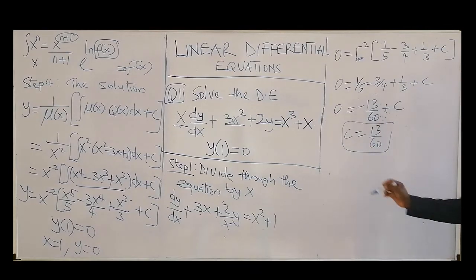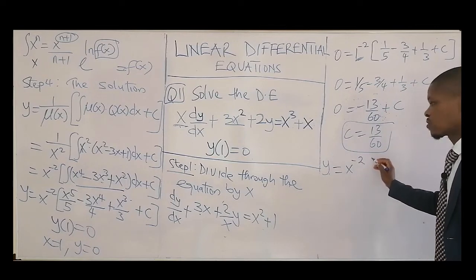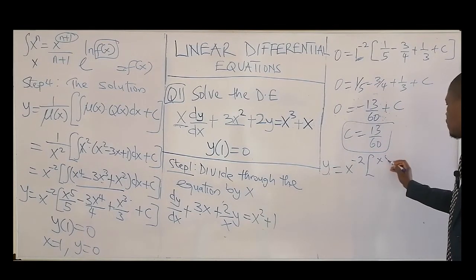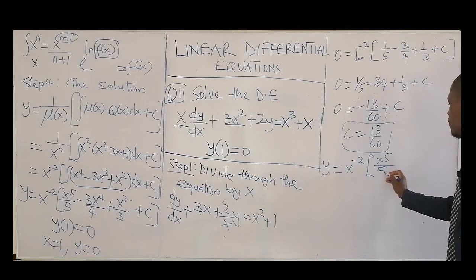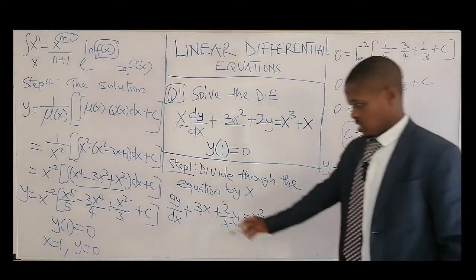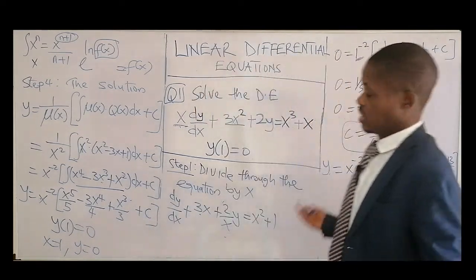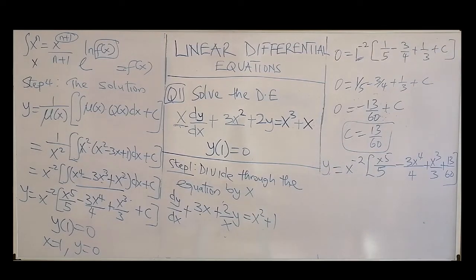Then I will now go back to that equation, y equal to (x - 2) into bracket, x^5 over 5 minus 3 x^4 over 4 plus x^3 over 3. So what I just did, we come back here and substitute for c. That's that. So the next thing you can do if you have the time is to open this bracket, but it's not a must. You can open the bracket if you want to do that, and that will be equal to